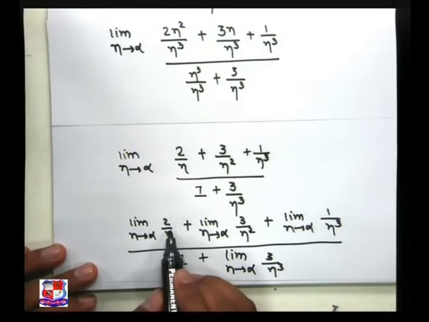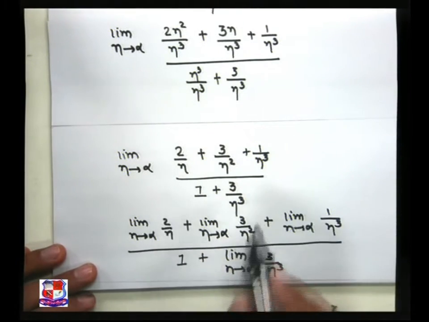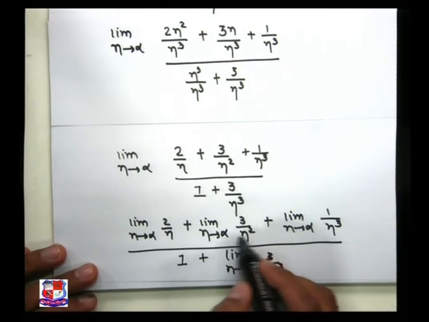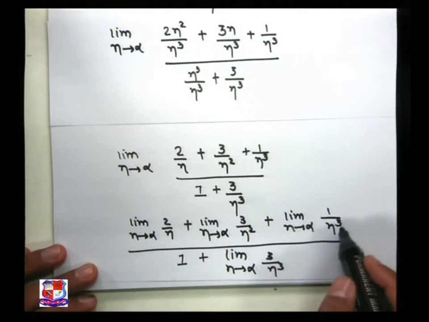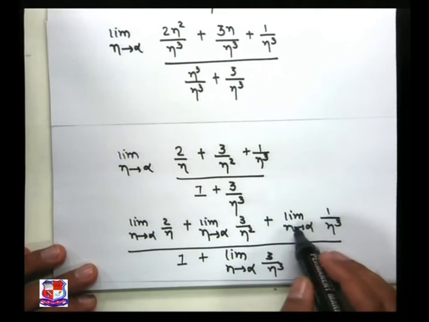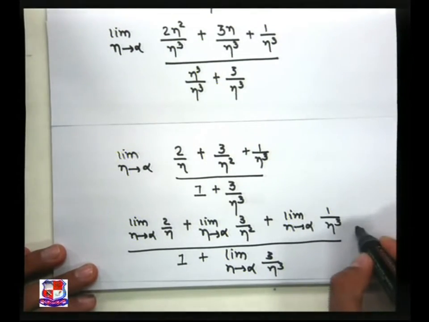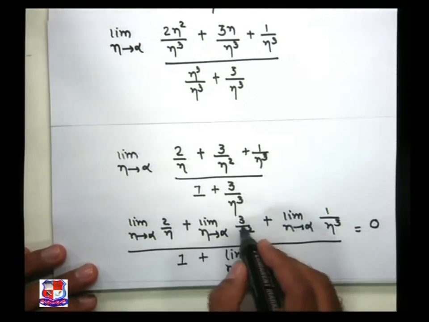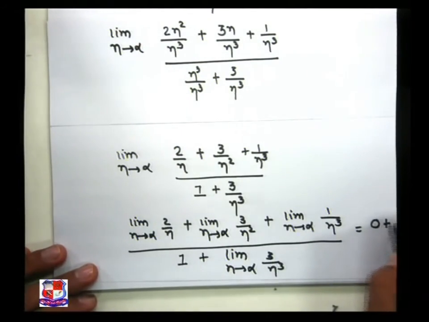Here, 1 upon n to the power four, limit n tends to infinity, that goes to 0. Here again, 1 upon n square form, limit n tends to infinity, that goes to 0. Here again, 1 upon n cube, that is 1 upon n to the power four, limit n tends to infinity, that goes to 0. So finally we can apply the limit: first one 0, apply the limit to the second one, that goes to